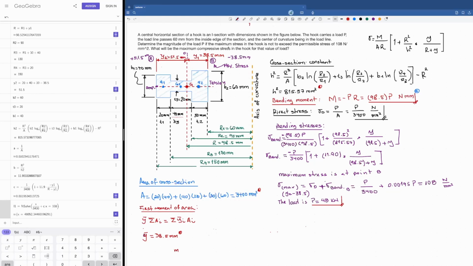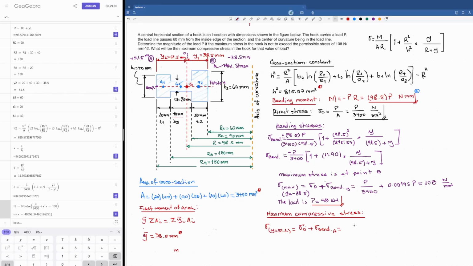Now, the second question is, what will be the maximum compressive stress in the hook for that value of load? Now that we have found the load, let's talk about maximum compressive stress. And we know that maximum compressive stress is going to be located at y equals 51.5, which is the distance y2. And it's going to be the sum of the direct stress and the bending stress